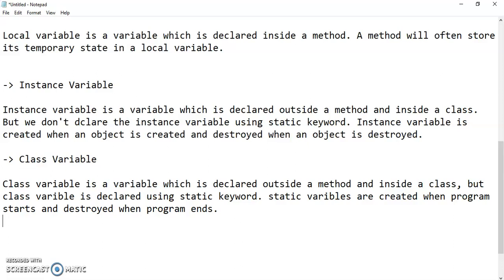So class variable is a variable which is declared outside a method and inside a class, but class variable is declared using the static keyword. Static variables are created when the program starts and destroyed when the program ends.